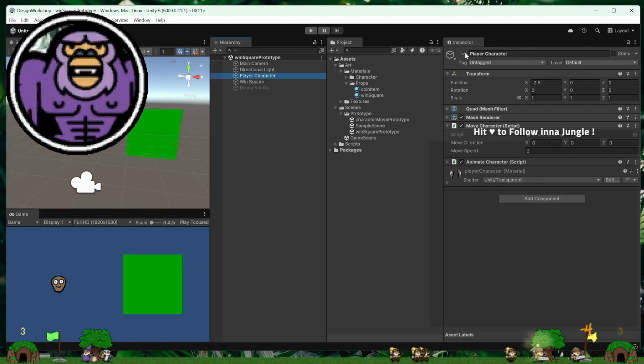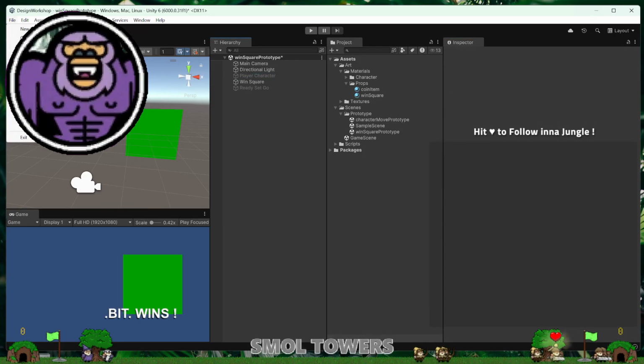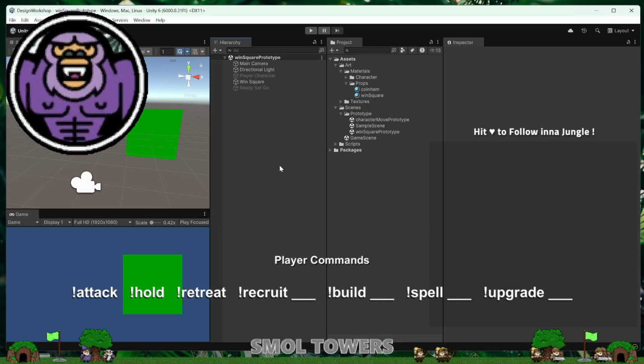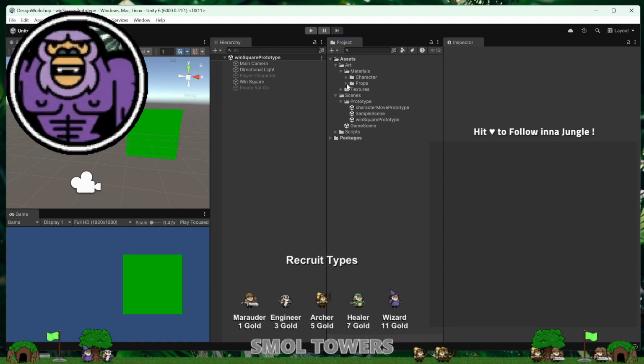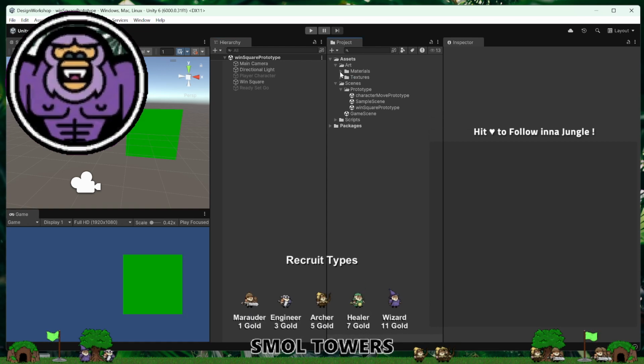In fact, I'll turn off the player character, too. It's fun to play with the player. That's a good sign, by the way. When you're playtesting and you're just having fun and it's hard to focus on the test you're trying to do, that's a good sign. You do need to focus on the test. But, yeah, we're going to